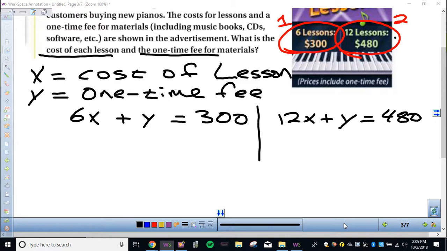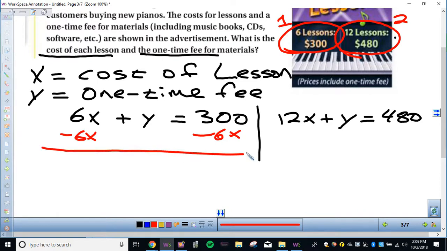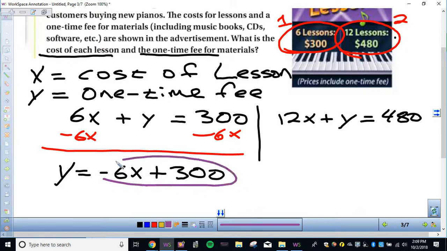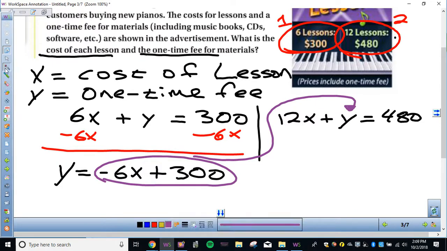Doesn't matter at all. So we're going to subtract 6x from both sides. And we get y equals negative 6x plus 300. Then instead of the y in this equation, we're just going to write negative 6x plus 300. So we get 12x plus,